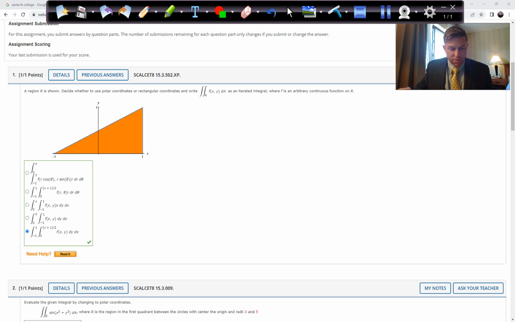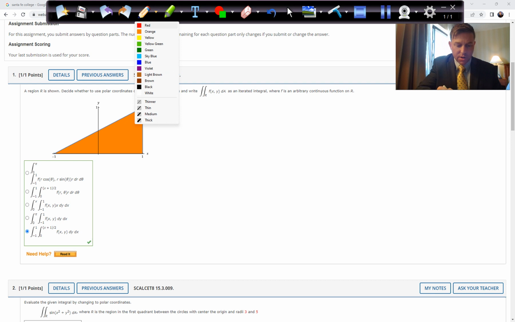Decide whether to use polar coordinates or rectangular coordinates and write the region as a function of x and y, dA as an iterated integral, where f is an arbitrary continuous function on R. Now, with triangles or rectangular shapes, it makes sense just to use rectangular coordinates. So we're going to really like polar coordinates when we have curves, circles, things like that. So this one we're going to keep in Cartesian coordinates, rectangular coordinates, and so we just have to figure out